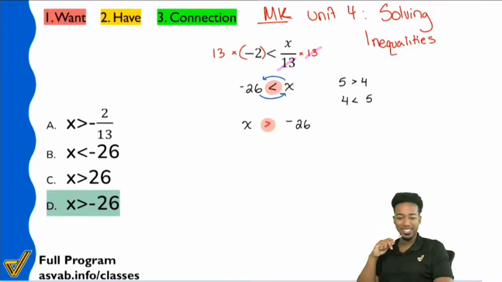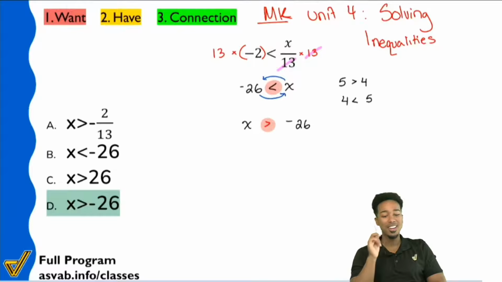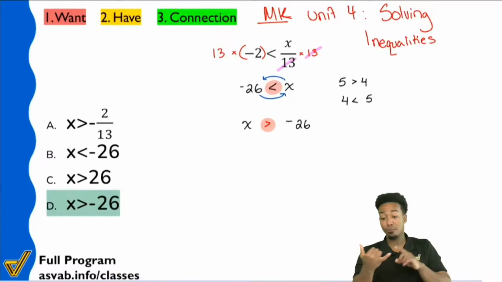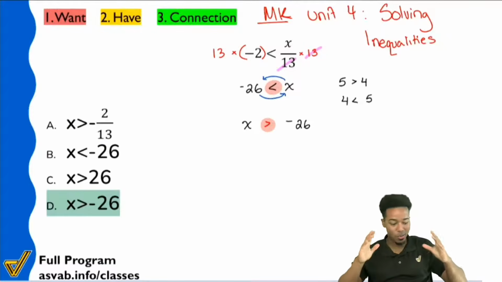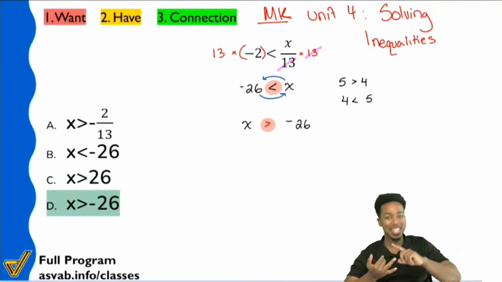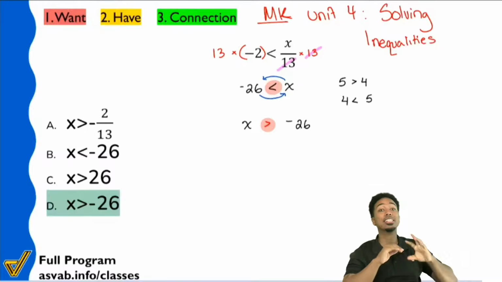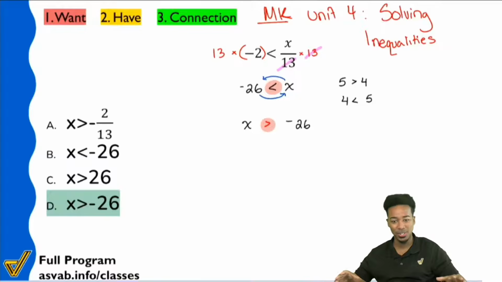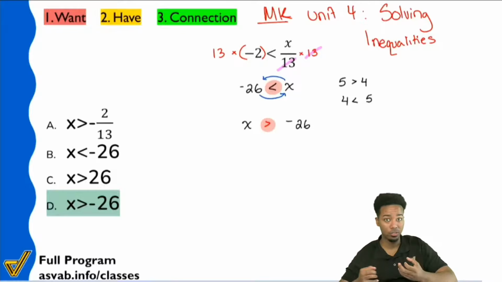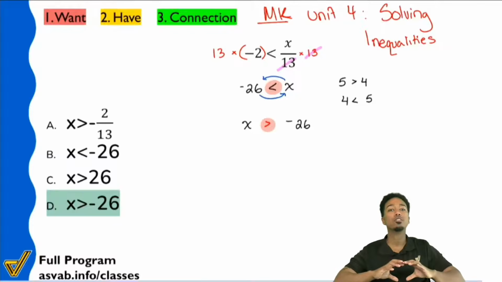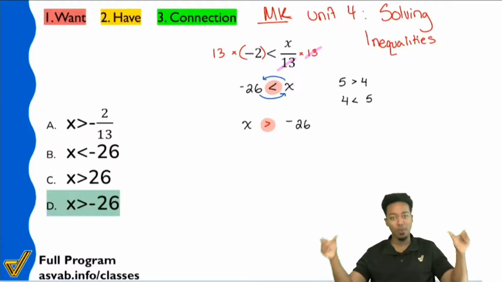Right on. So again, that's going to be unit 4, solving inequalities. And there's tons of practice in there for equations, for inequalities, and systems. Arguably, if there's anything you want to know how to do, it's equations, inequalities, and systems of equations for the ASVAB, because that's going to leak into everything else that you do. There's equations and formulas for everything. So if you know how to solve equations and solve inequalities, you're putting yourself in the best position possible for everything else.